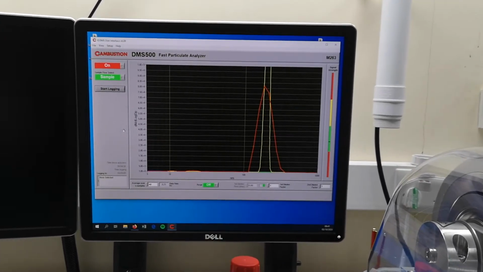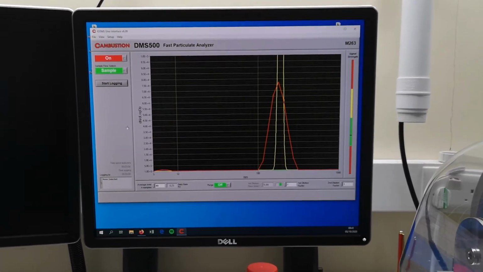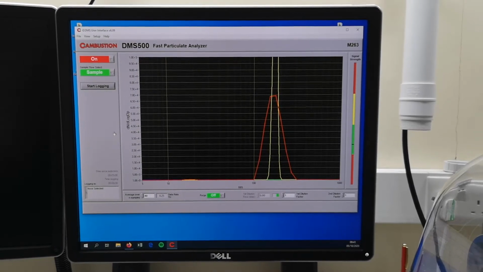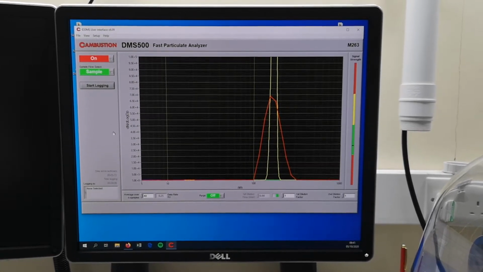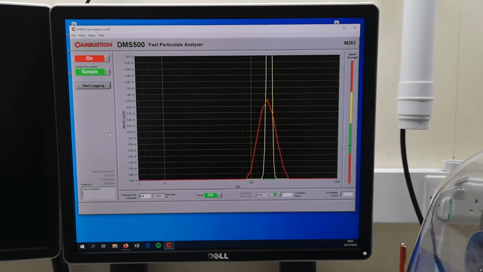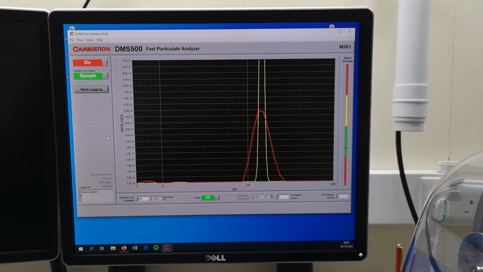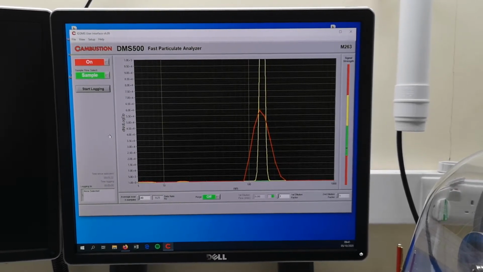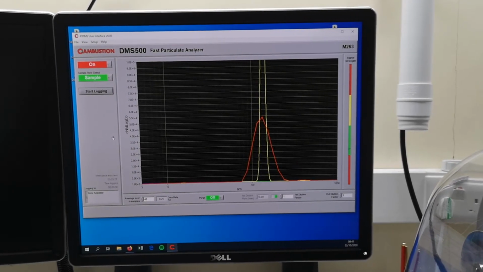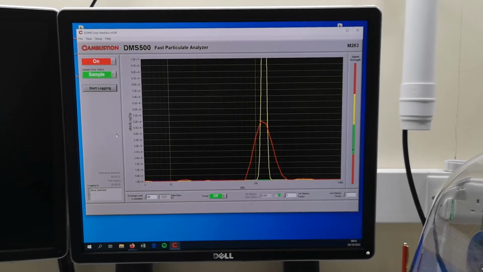Because the peak of the underlying DOS distribution is much larger than where we've set the AAC set point to, the concentration comes down slightly. Now, the take-home message here is there is just one peak. If you're using a DMA for this experiment, particularly at these large sizes, you'd see multiple peaks from multiple charging states of the particle. So the AAC is a very useful tool if you just want to select particles by size and you just want one peak. You don't need to worry about multiple charge because there's no charging involved in the AAC classification process. It's a sheath flow and a centrifugal force.